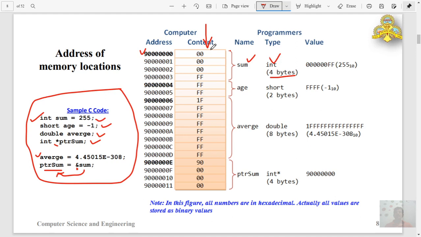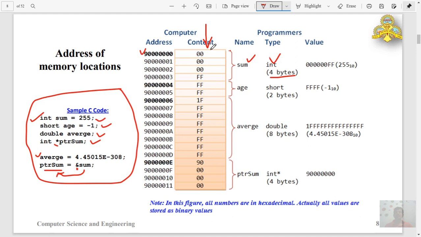So when we write a program, we type values in decimal. To write it in hexadecimal, we have to use 0x as a prefix. So when the value 255 is written in binary, it is FF in hexadecimal value.